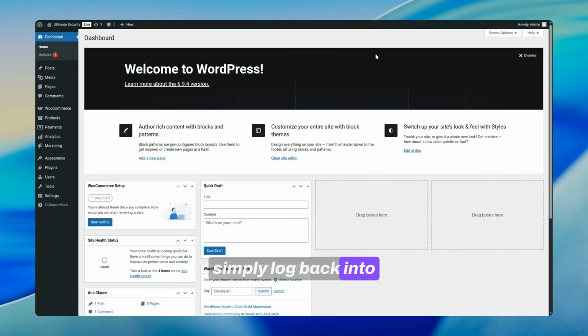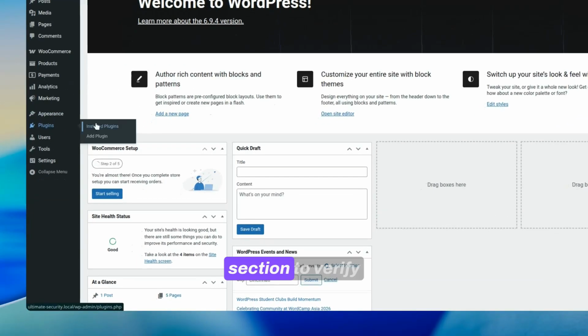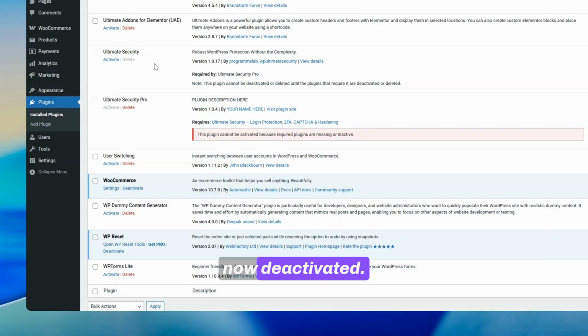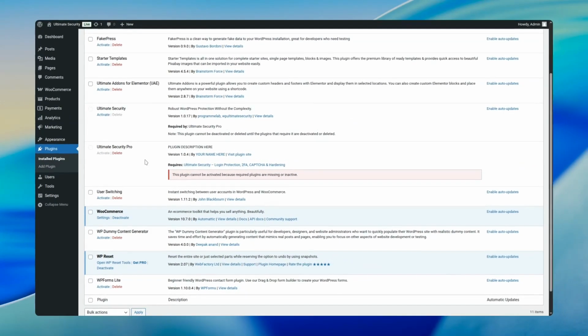Now simply log back into your WordPress dashboard as usual. You'll notice you have full access again. Let's head over to the plugins section to verify the status of the plugin. You can see that Ultimate Security is now deactivated, and if you use the Pro version, it will also be deactivated. From here, you can fix whatever settings caused the lockout and simply click Activate to get your protection back